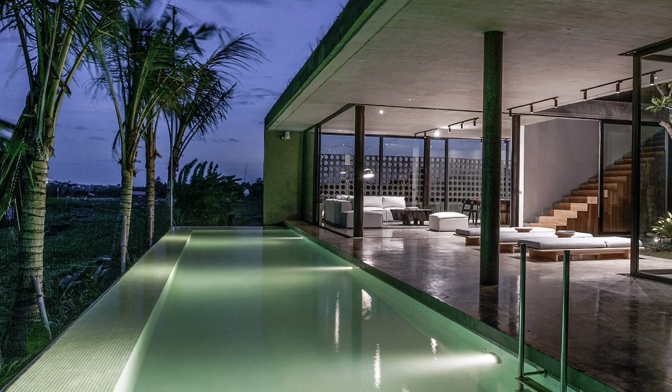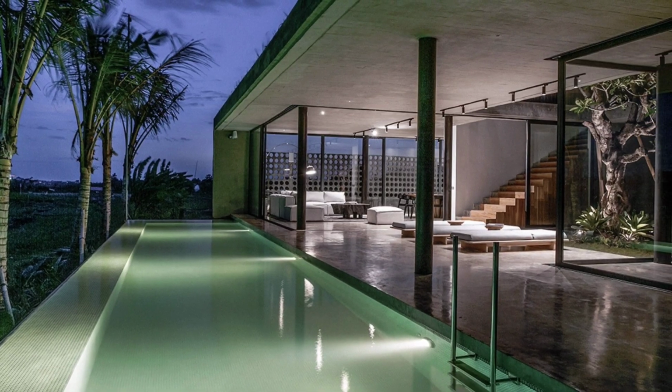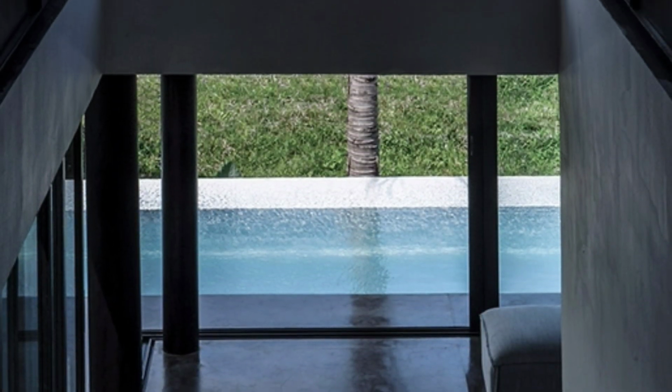The layout of the grounds allows for the creation of different areas, a central garden, terraces with ancient trees and a roof terrace to enjoy the views. The swimming pool takes advantage of the entire area of the house,